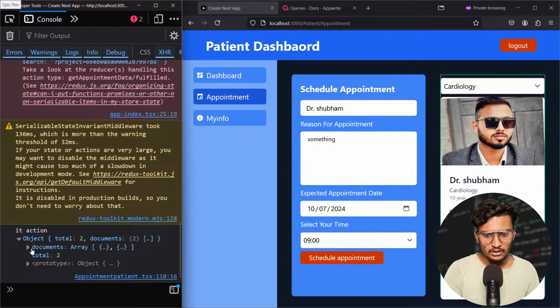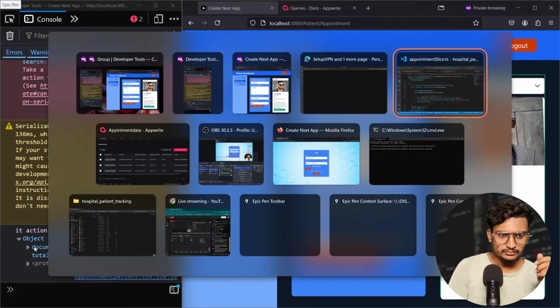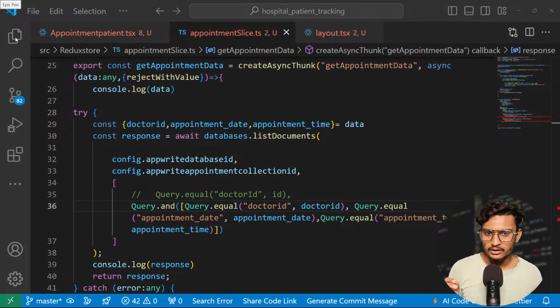And now I think we can handle it from here. Okay, it's better. We can see there are two data. So now after doing that, we are 100% sure the data is never sent if the same time